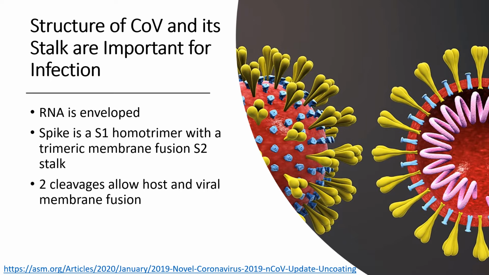That fusion, though, only occurs after receptor binding and after conformational changes from two cleavages of that spike. And then the S1 and the S2 portions of the spike have to dissociate from each other as well. So first the S1 and S2 boundary is cleaved, and then the proteolysis occurs either during